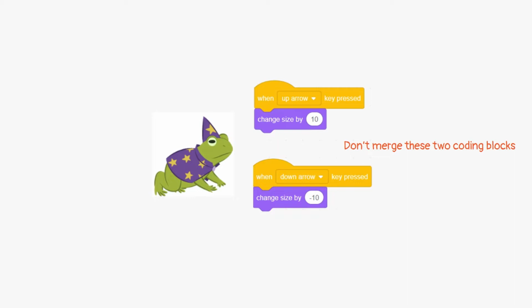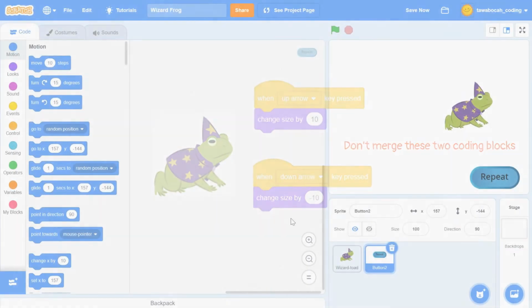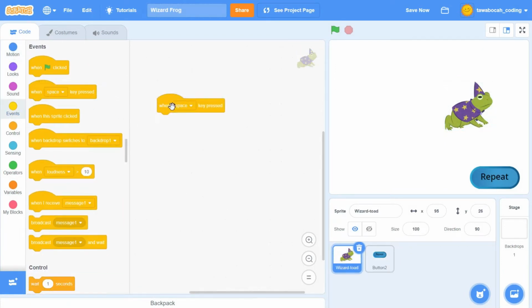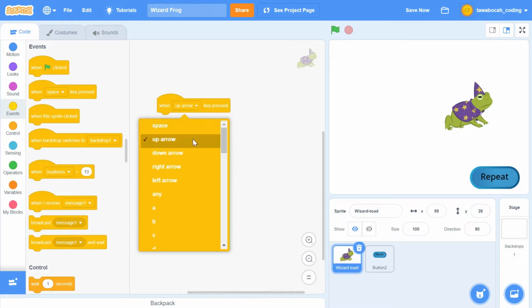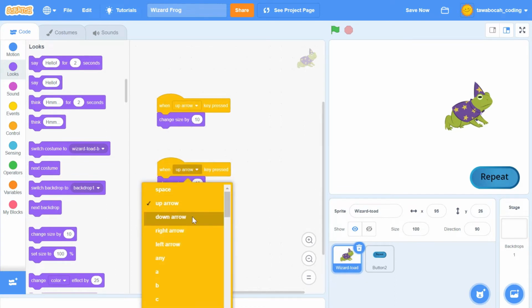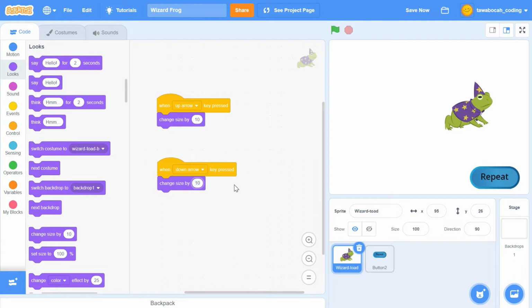In the lower block, the number is negative, so if we press the down arrow key, the frog will become smaller. Try it. Resize the frog by pressing the up arrow or down arrow on the keyboard.